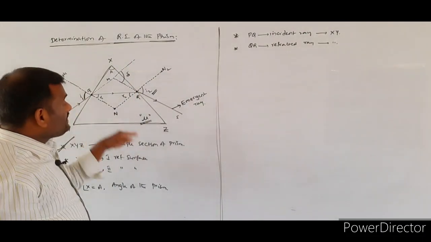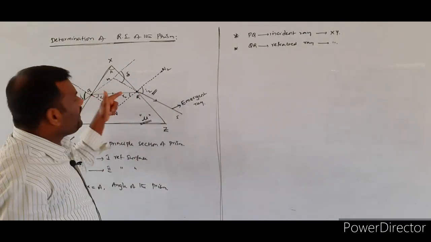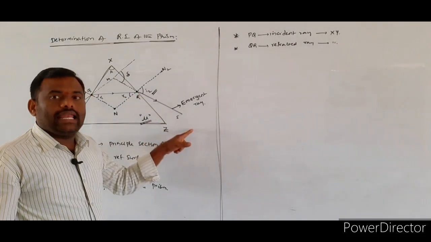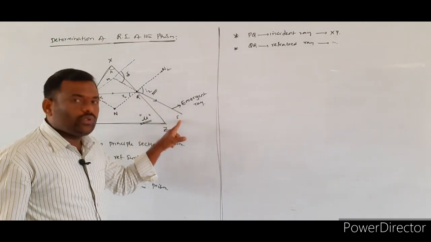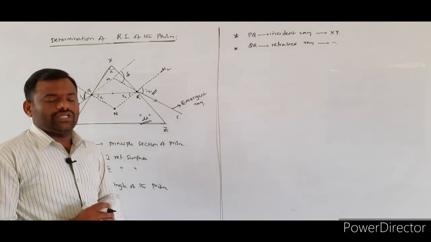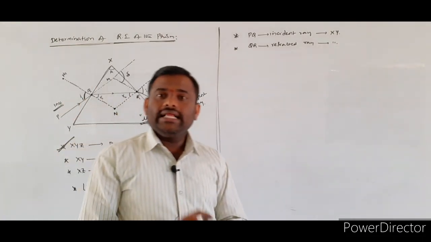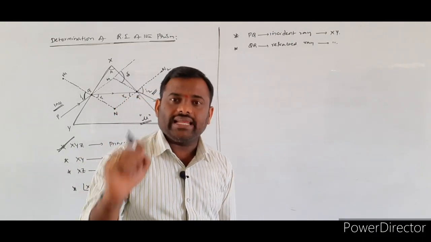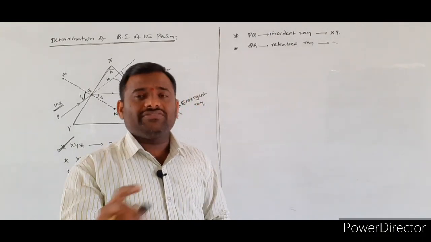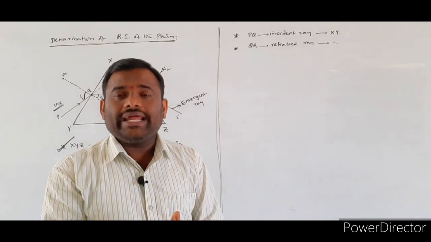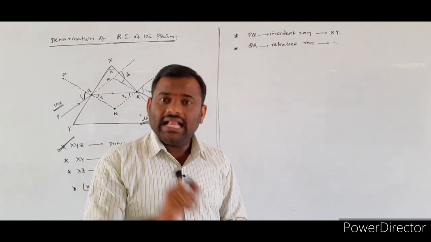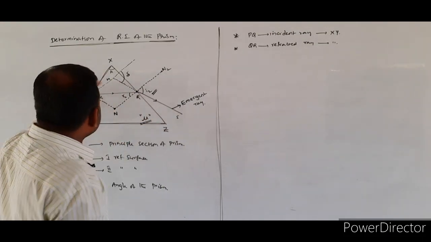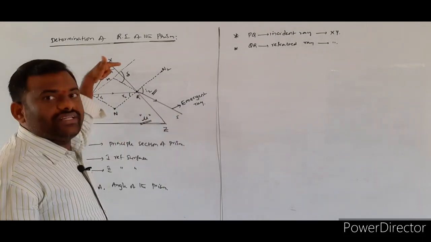Because the prism is present, the light ray undergoes refraction twice, and it travels along the final path R2S. The angle of deviation is always measured between the incident light ray and the final refracted light ray. Angle of deviation will be measured from where to where? From the incident path of the light ray to the final path of the refracted light ray. This is the final path of the refracted light ray, and this is the incident path of the incident light ray.